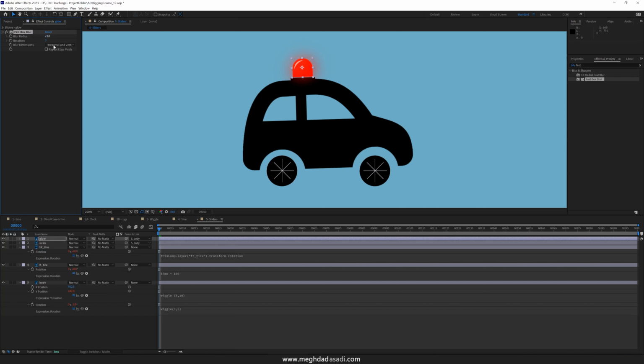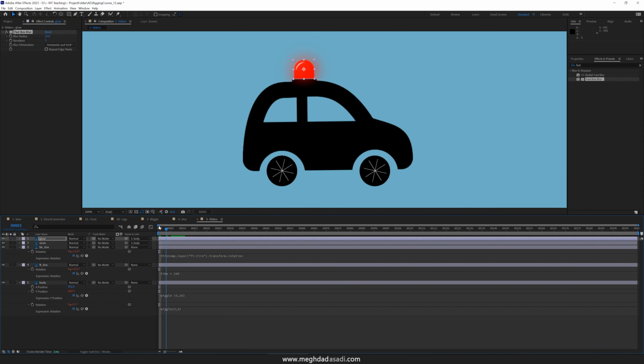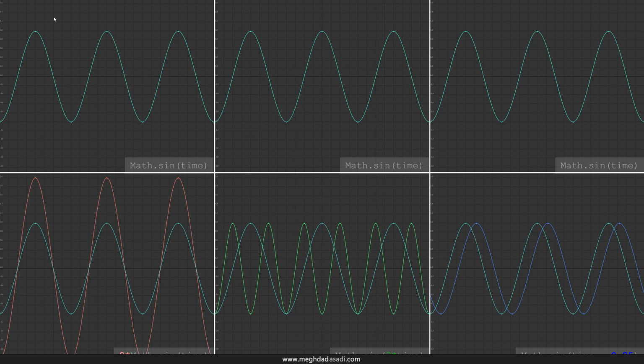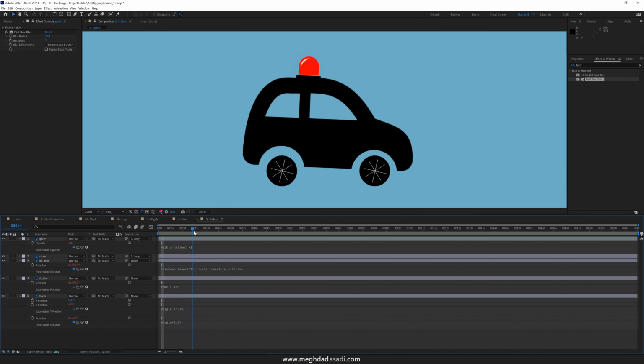The attribute that I'm interested in animating in this case is going to be the opacity. So the expression that I want to write is going to be on the opacity. Math.sin of time. This is always my base. And we'll learn that it's going to generate a value between -1 and 1. I want the values to go from 0 to 100. I'm going to shift the entire curve up above the value of 0 by adding a value 1 to it. This entire curve is going to be above a value of 0. It's going to reach a value of 2 and then coming back to a value of almost 0